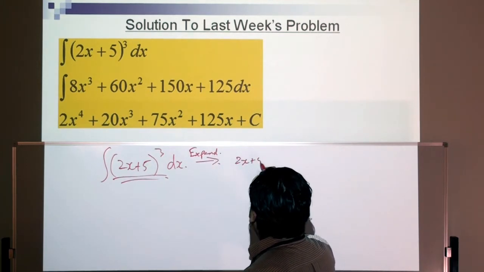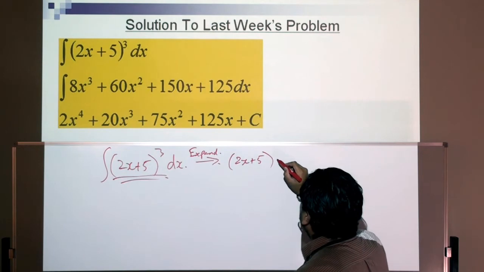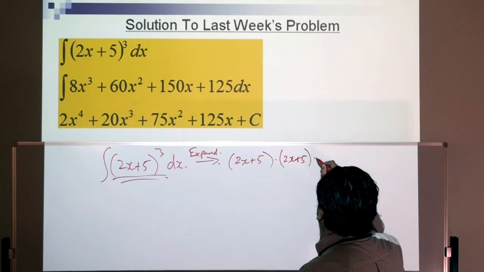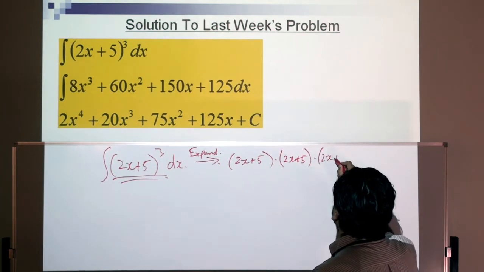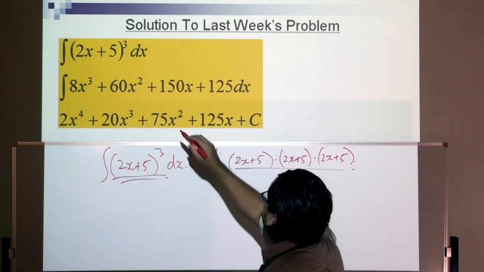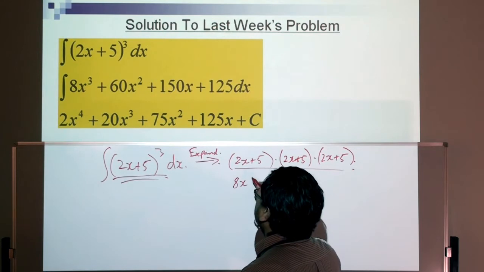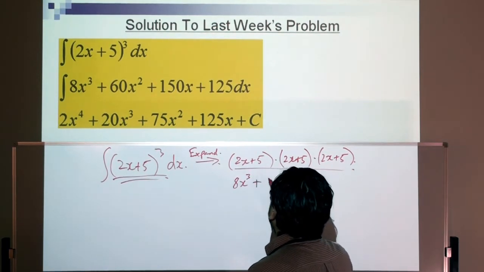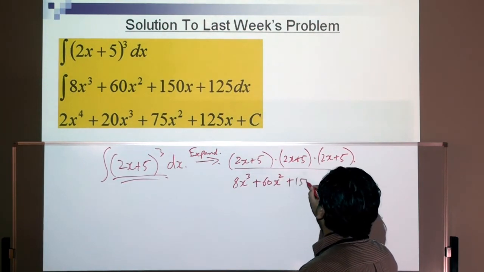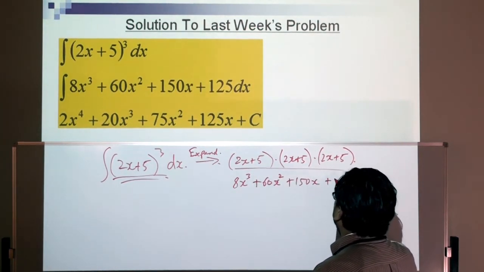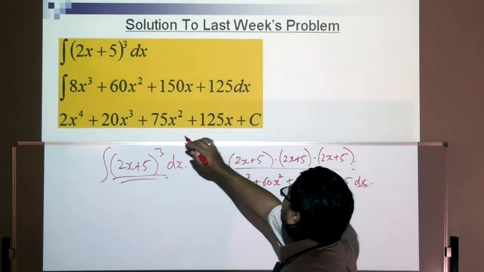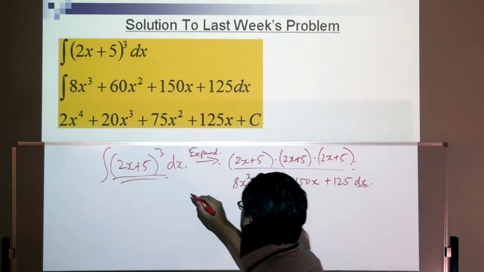So (2x + 5) multiplied by (2x + 5) multiplied by (2x + 5). So that times that, okay? And once you do all this, you get 8x to the power of 3 plus 60x squared, or to the power of 2, plus 150x plus 125, with respect to x. Now, what we do here is, don't forget our formula,